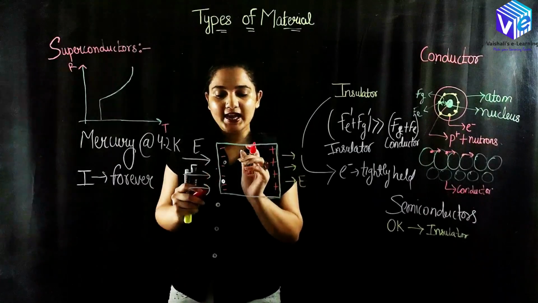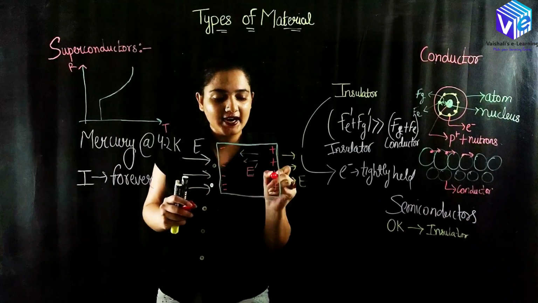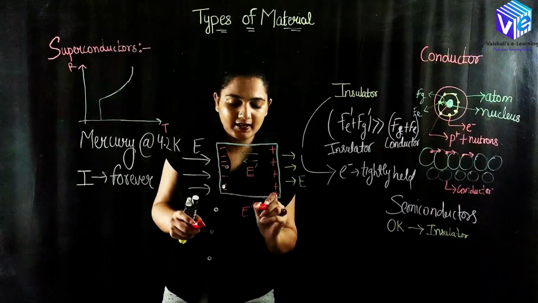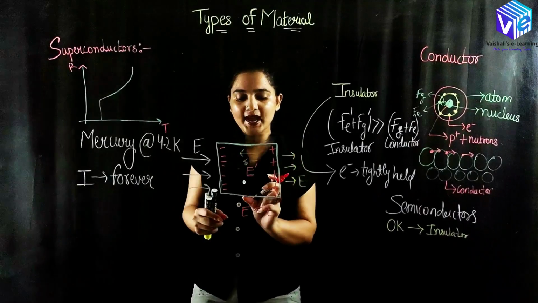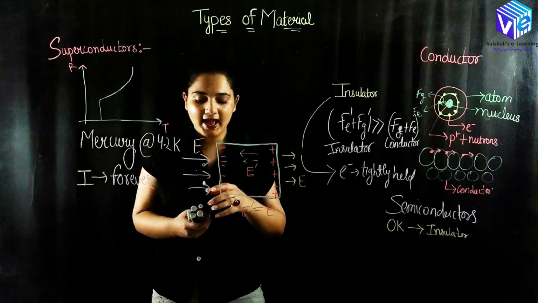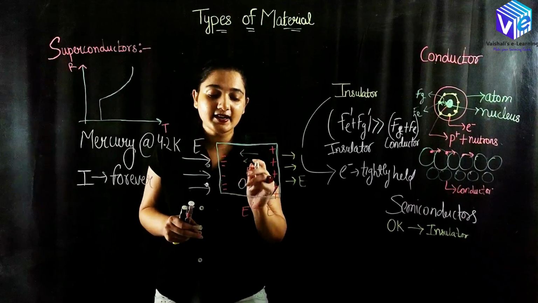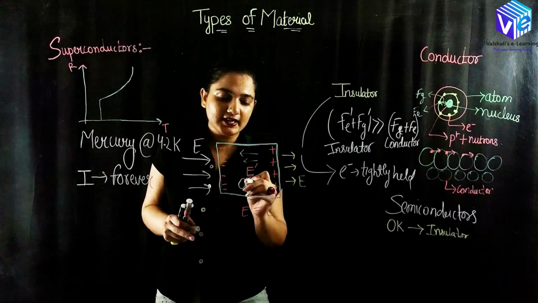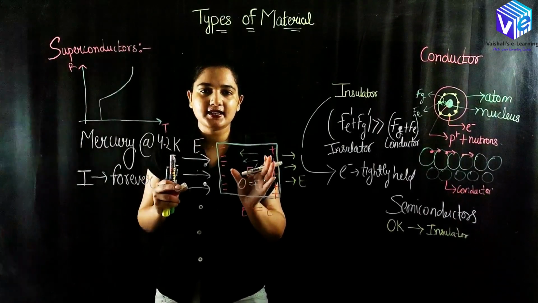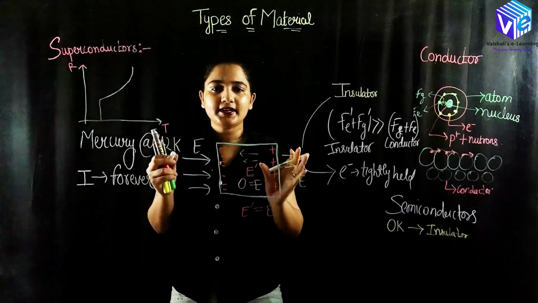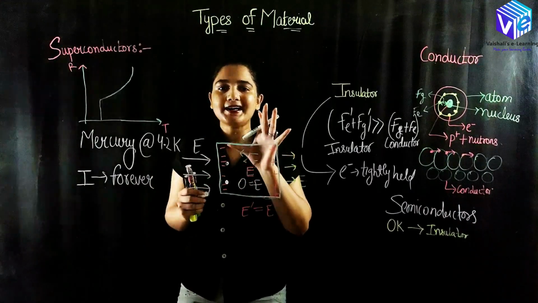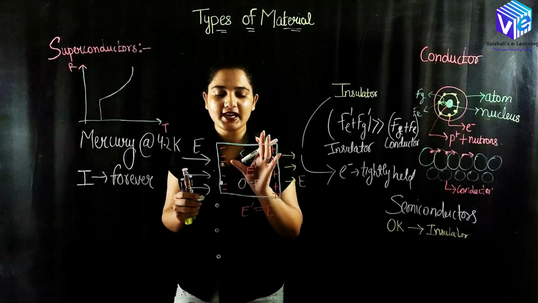Now these electrons will continue moving this side and the protons will continue moving this side until E dash becomes equal to E. As soon as E dash becomes equal to E, this process will stop and we will have zero electric field inside the conductor. So E is equal to 0 inside the conductor. Whatever electric field is there will be in the outward direction of the conductor. I hope now you understood how a conductor behaves on the application of the electric field.